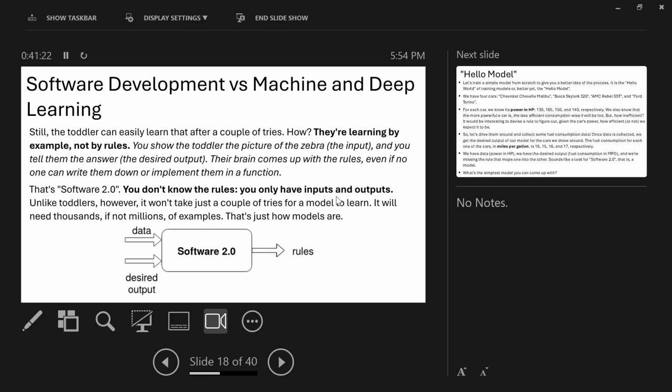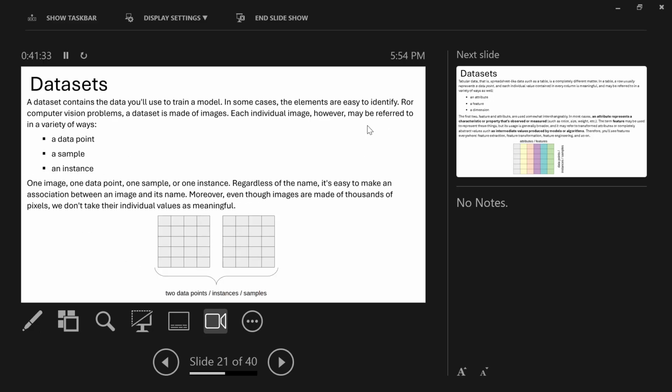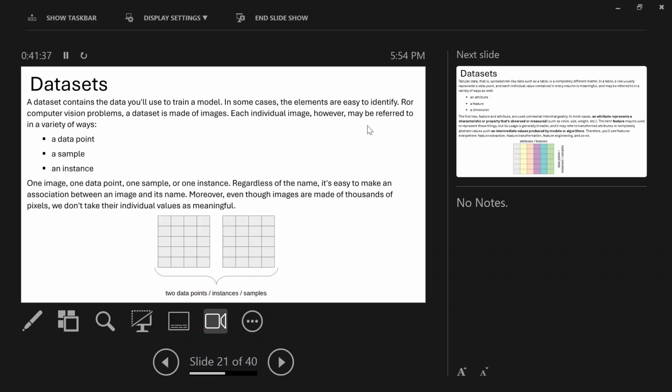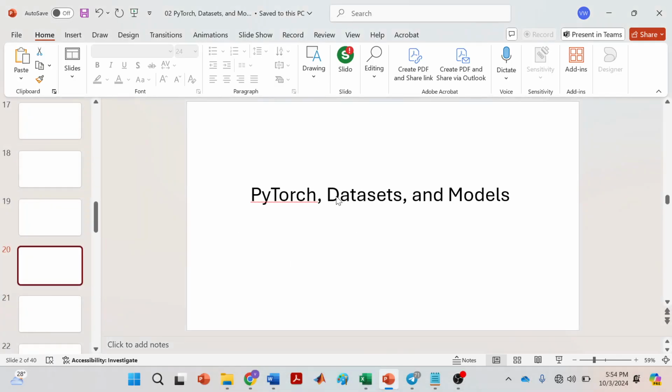So that's that. The next topic is linear regression. We'll do that in the next class. So we're going to stop here for today. Before we stop, I want to ask you.